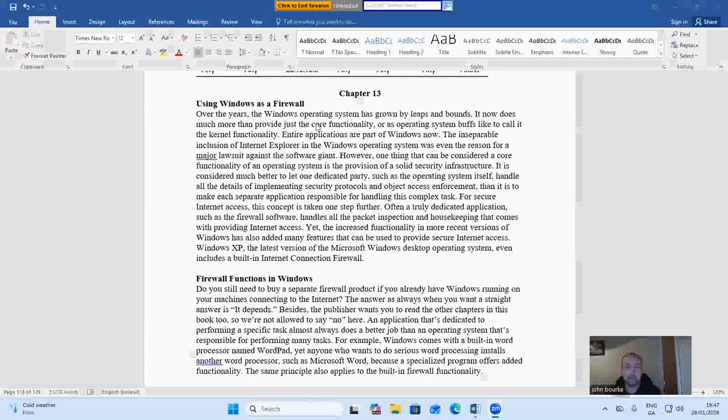Over the years, the Windows operating system has grown by leaps and bounds. It now does much more than provide just core functionality as an operating system. Buffs like to call it the kernel functionality. Entire applications are part of Windows now. The inseparable inclusion of Internet Explorer in the Windows operating system was even a reason for a major lawsuit against